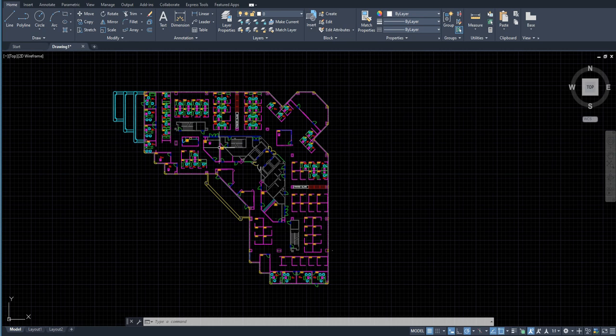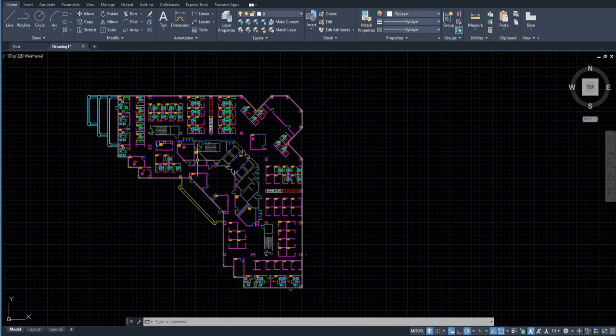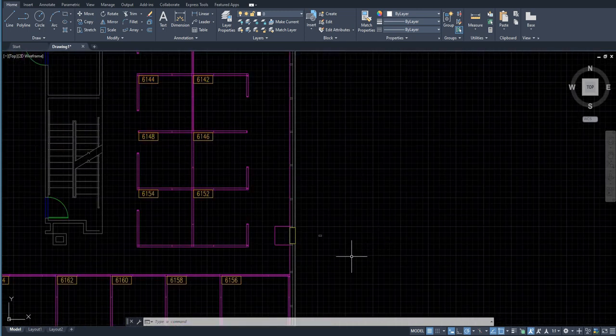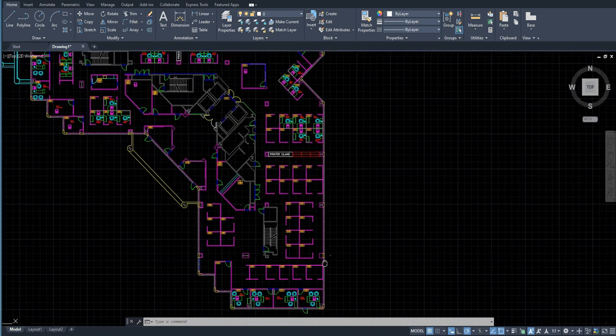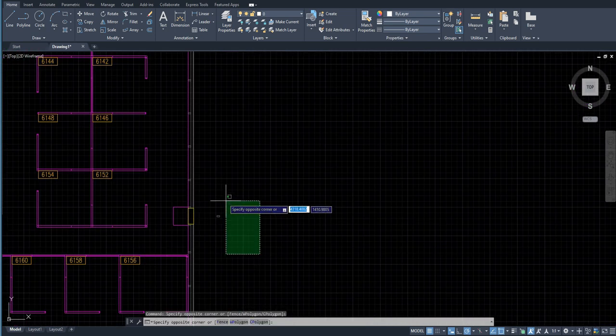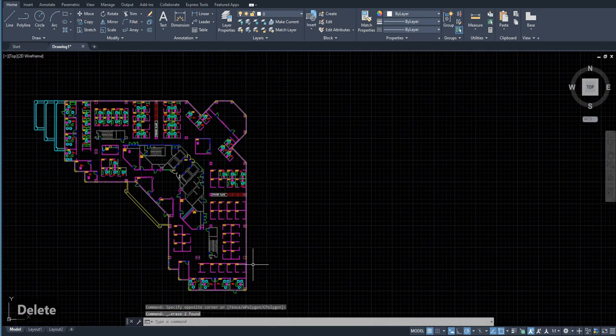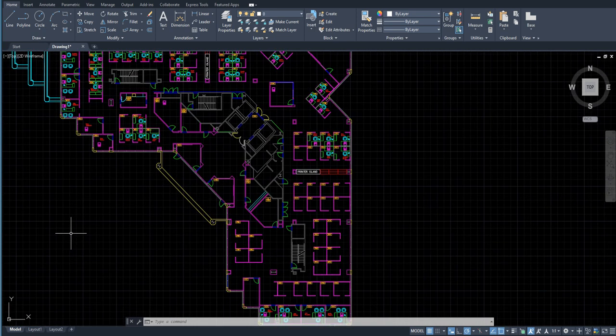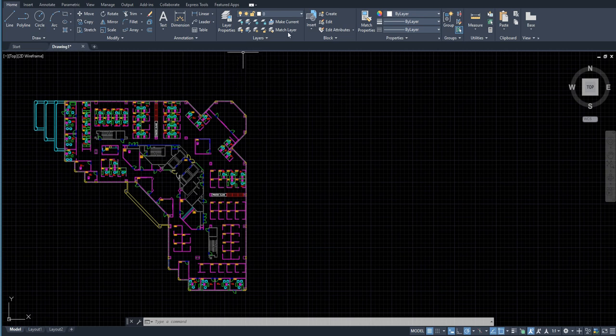Over here you can see on the screen I have this plan. This is basically an AutoCAD reference plan. I haven't made this, it is just a reference plan that has been downloaded for this particular video. To see the different kinds of blocks in this plan, I could just go over here in the home panel to the block section, and in the insert